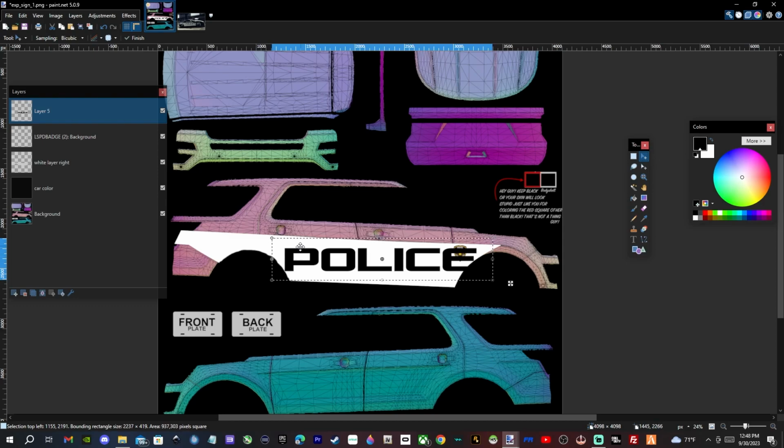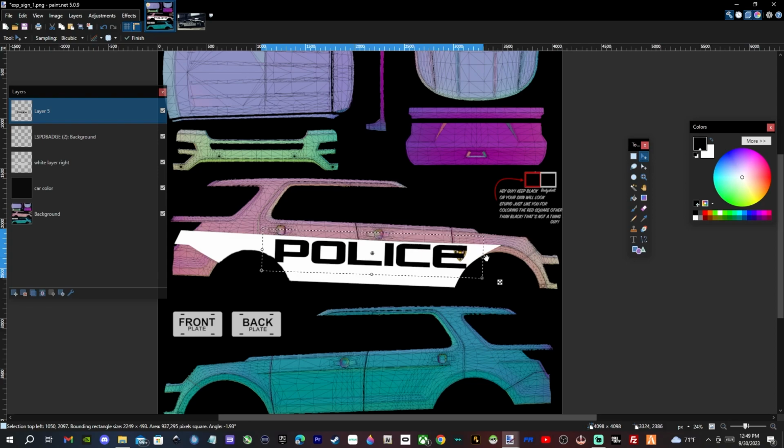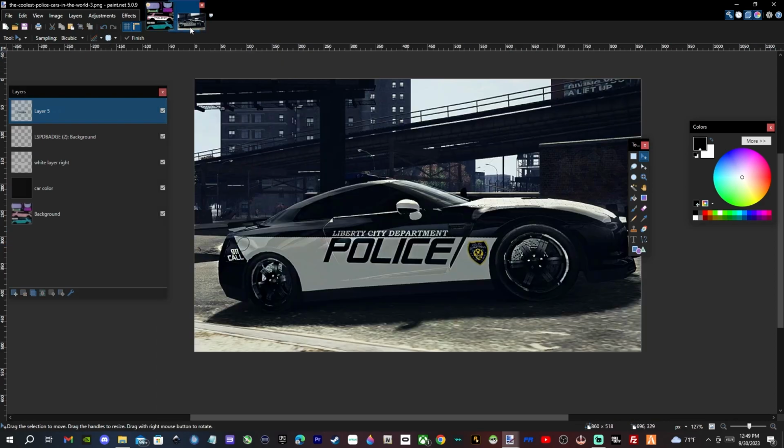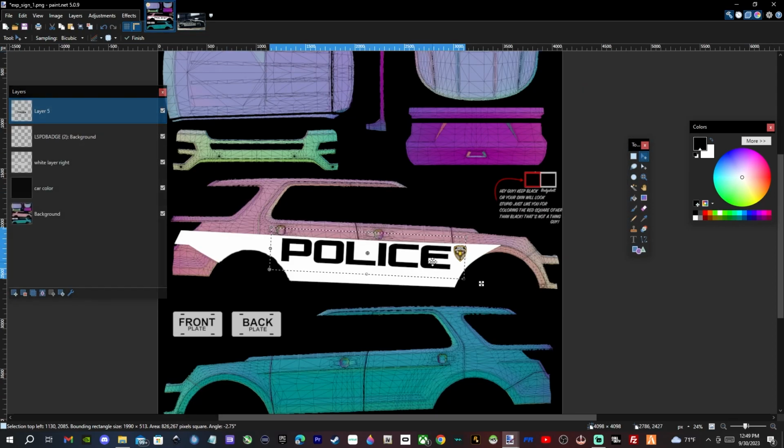And also, if you click the right mouse button, you can rotate it, okay? All right, once we have it right there,